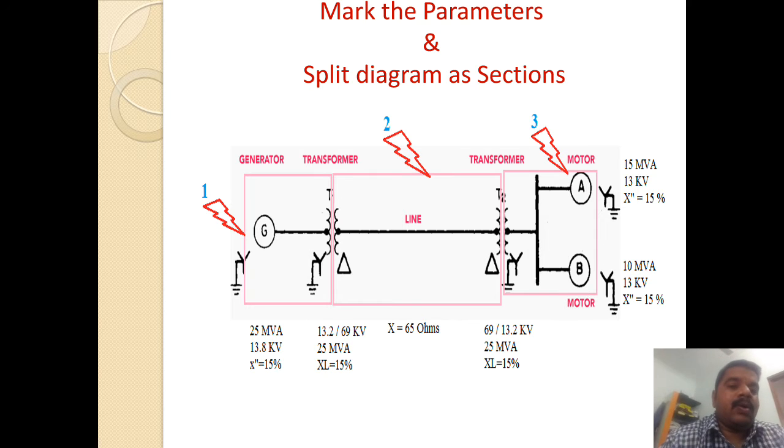So in the problem we have three sections, and for each of the three sections we have to find the new KVB value. The new MVAB value will be one value, 25, which was chosen as the generator base. But the new KVB value will change, because we are using transformers in the diagram. Because of the transformers, the single line diagram is divided into sections. For each and every section we have to find the new KVB value. The next step is to use the transformation ratio formula for each section to find the new KVB value.